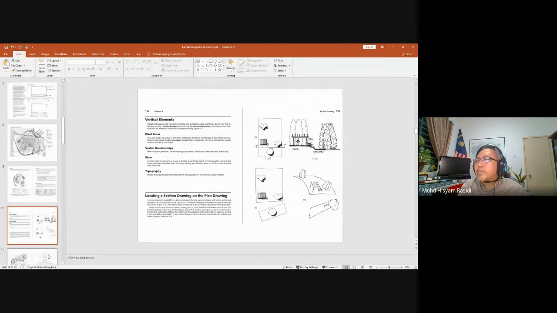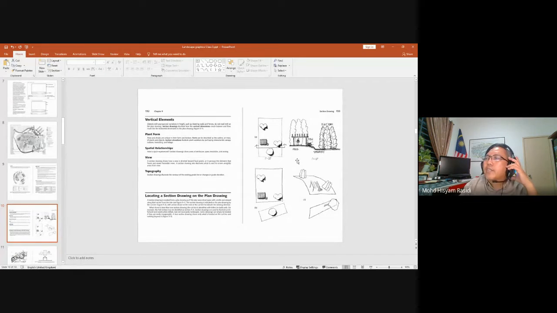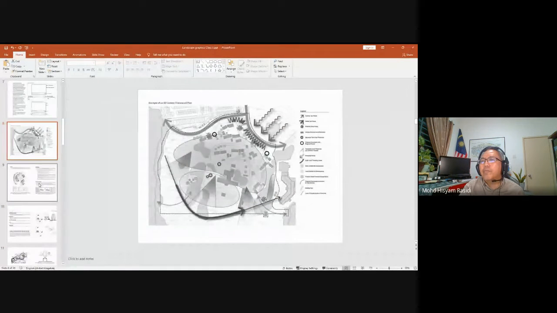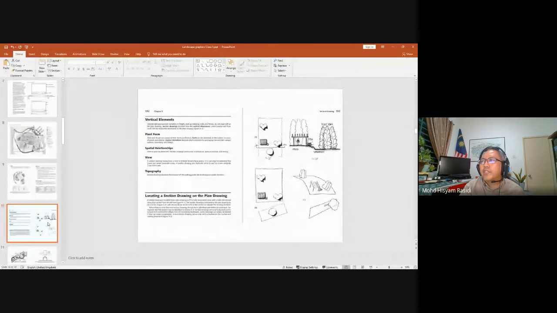This is an example. Then here, after you understand some lines and the importance of line weight, this also shows, for example, the plan, section, and some other angles. Normally we will draw a plan. So this is a plan. In our presentation we also deal with sections. So whatever you draw there, you need to show it. For example, you can see here,